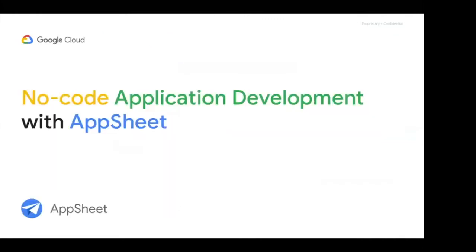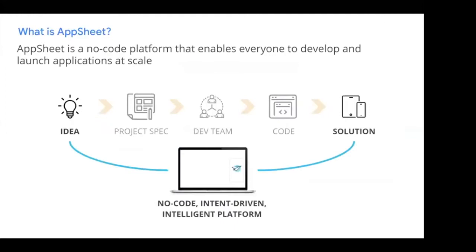I will start explaining AppSheet first. So it's a no-code application development, which basically explains what it does. And why it is important is, as I said, we are in 2021 now, so we shouldn't be starting from scratch when we want to make something real, when we have an idea and we want to see it live, in real world. So this is the idea. We are making it much faster and easier for the developers, for the citizen developers, they call it, or users, students, anyone that would like to see their idea live in an app.